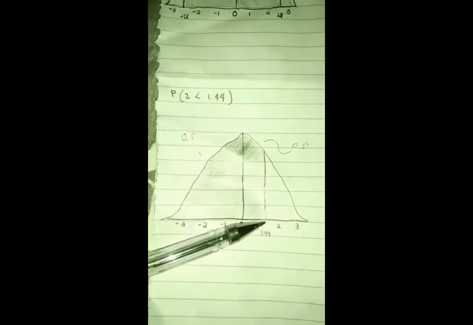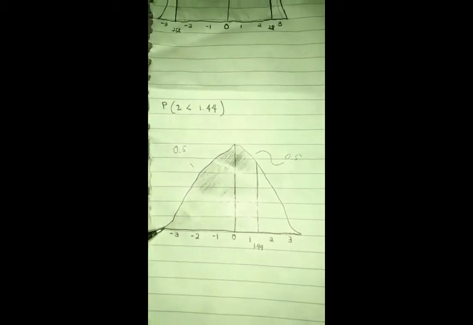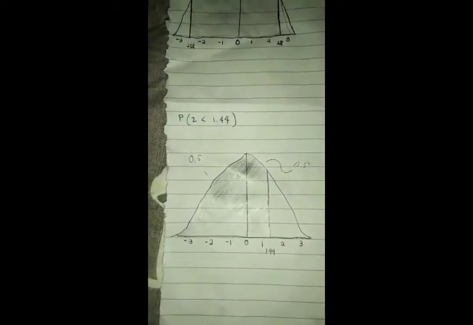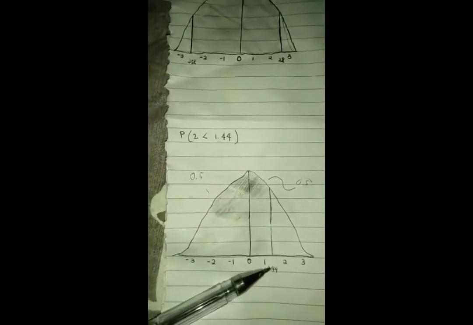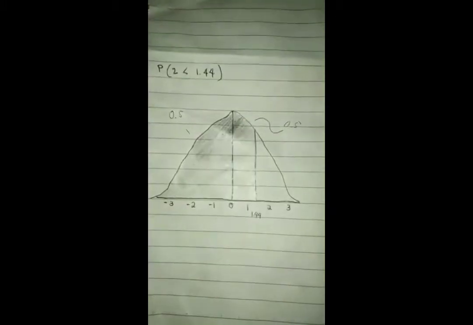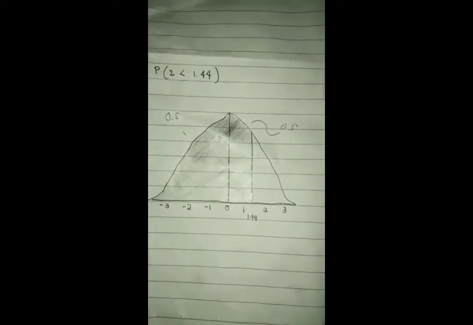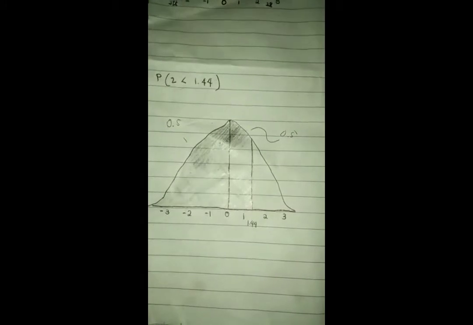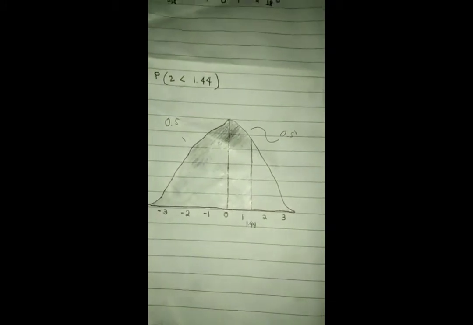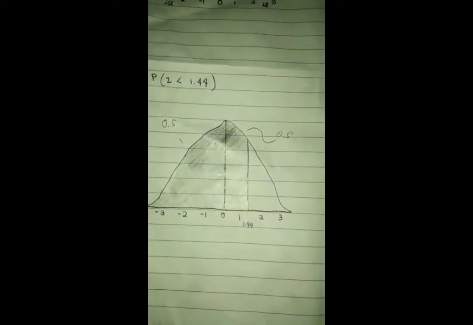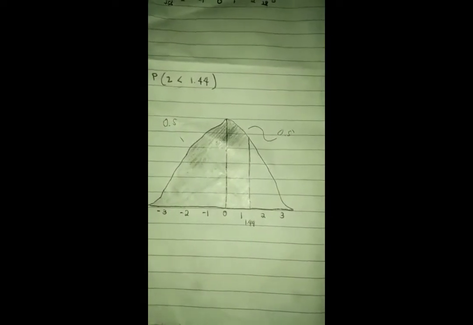So from the positive 1.44 to the left, all the part on the left will be shaded. After shading, this is the result from 1.44 to the left. Since the mean is included in the shaded region and the area to the left of the mean is shaded,